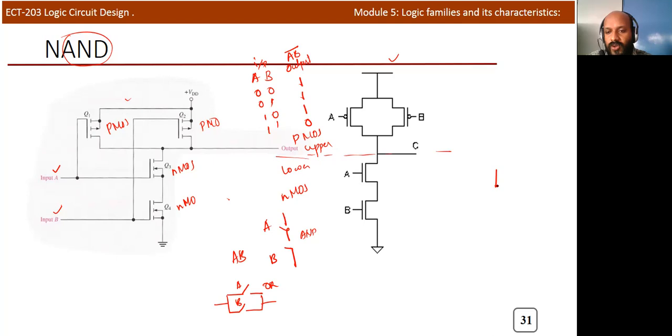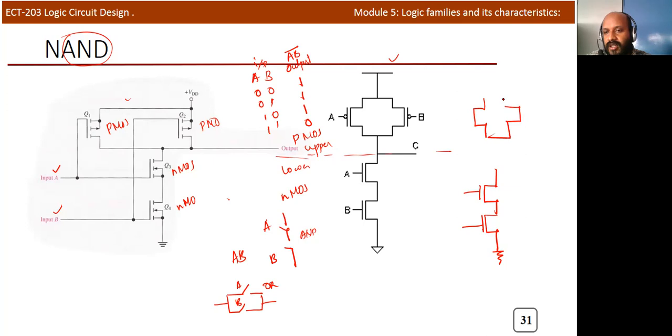So you need to draw two transistors, that is NMOS transistors, in a series manner. Okay, so this is the NMOS transistor, they are connected in series, and one terminal is ground. Okay, so this operation is actually indicating the AND operation, and this is the lower portion. Now we need to draw the upper portion. If you are drawing the lower portion as a series connection, you need to draw the upper portion just the opposite, as the parallel connection. Okay, so at the upper portion you need to connect the parallel operation.